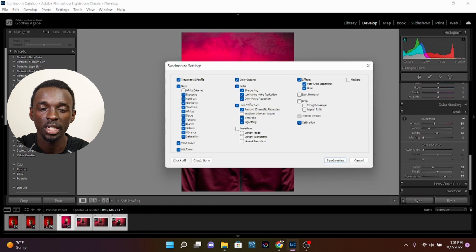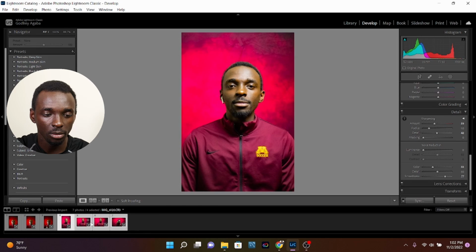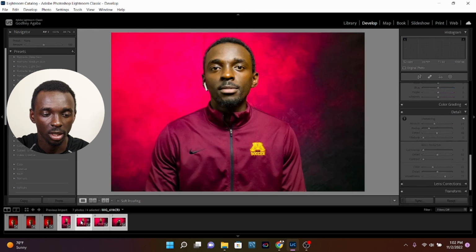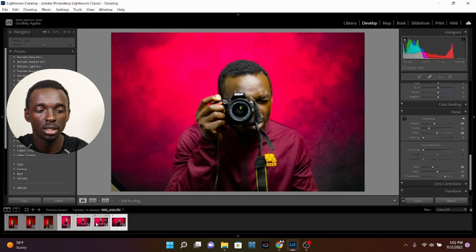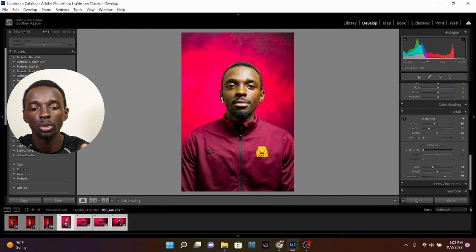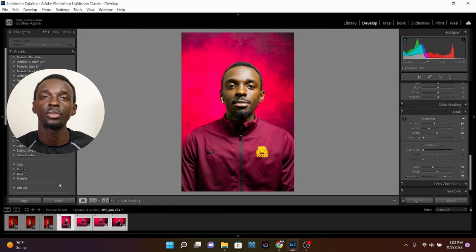and it will show you the changes or the settings that you will synchronize or that you will copy to those new photos that you want to edit. So then you tap on synchronize, and as you can see, it will show you that these photos have been edited. So the settings of my previous photo have been applied to these other photos. So guys, as you've seen, I've been able to go ahead and edit these 7 photos within a few clicks